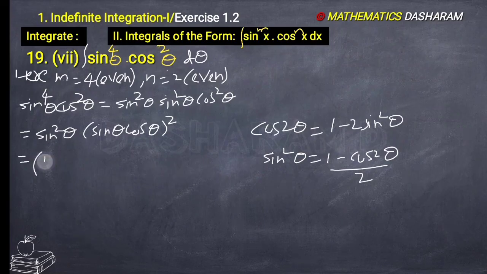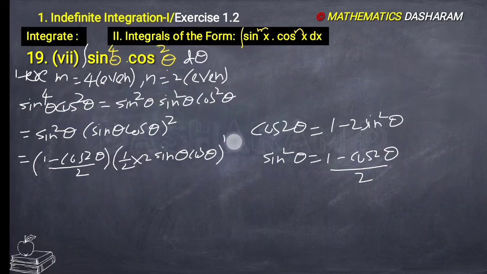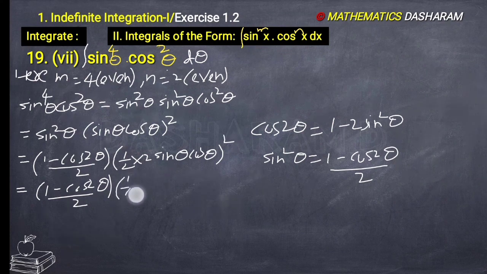So apply that here: 1 minus cos 2 theta divided by 2 into, here I am multiplying and dividing with 2 inside, sin theta into cos theta whole square. It is equal to 1 minus cos 2 theta divided by 2 into, applying the square to 1 by 2, it becomes 1 by 4, and 2 sin theta cos theta is sin 2 theta, so sin 2 theta whole square. So here 2 and here 4, overall 1 by 8 bracket of